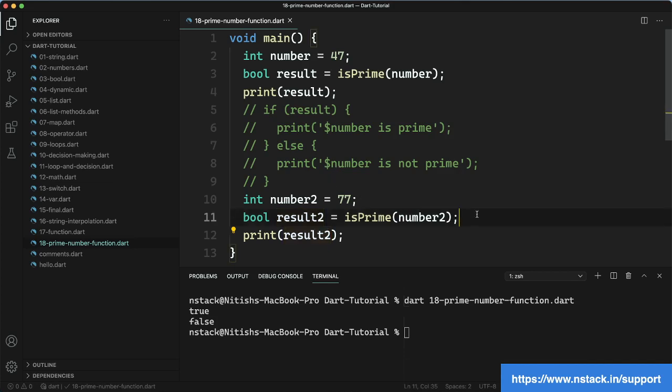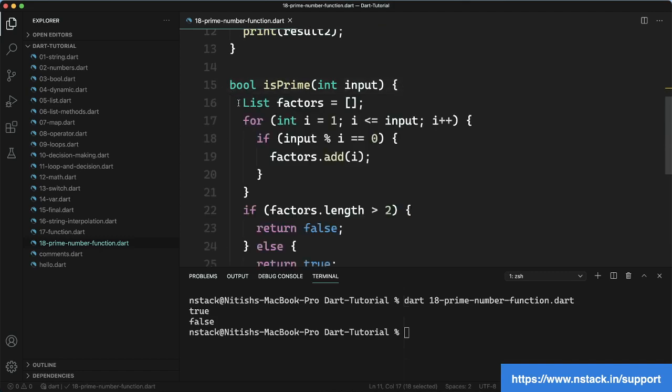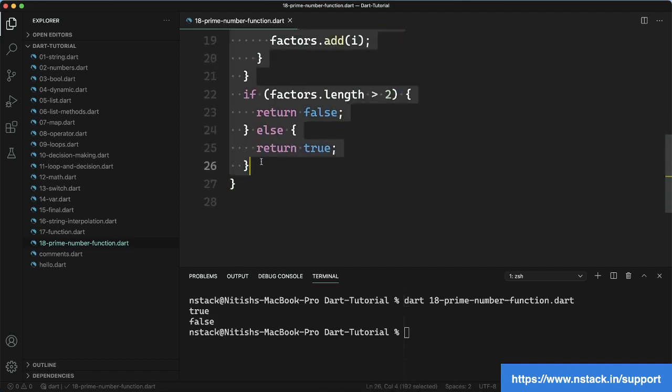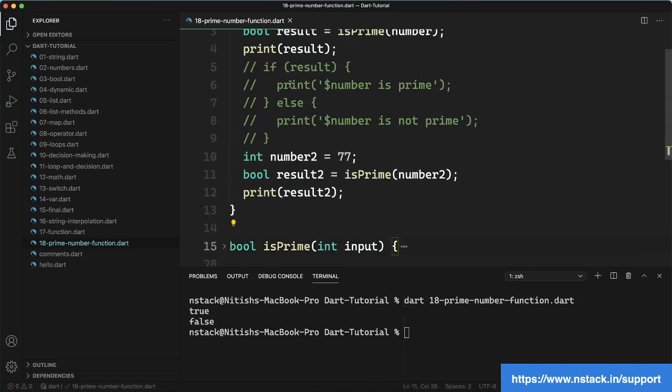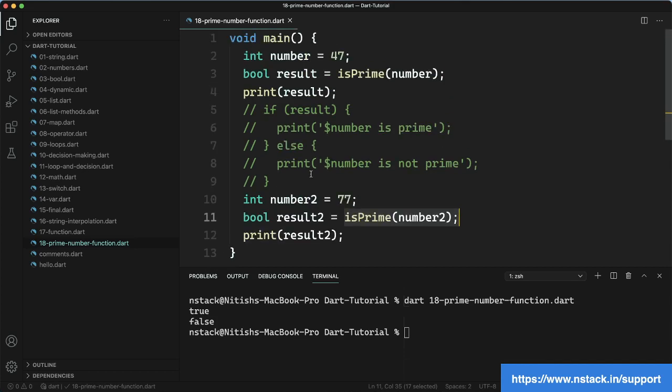So you can see how easily we can use the function to make the decision, or to know if this is prime or not. Every calculation or whatever we want to do is being done here inside the function. We are only getting the output in which we are interested. We are only interested in checking the prime. We are just using the is prime function. We are passing the number and it is saying true if it is a prime, it is saying false in the case it is not a prime. So I hope that you loved this one, because by using the function you can make your code much cleaner.